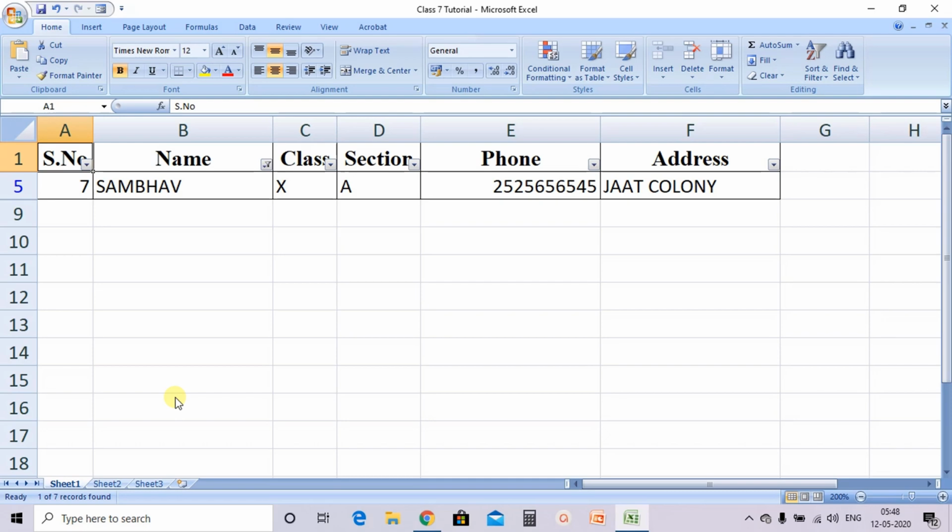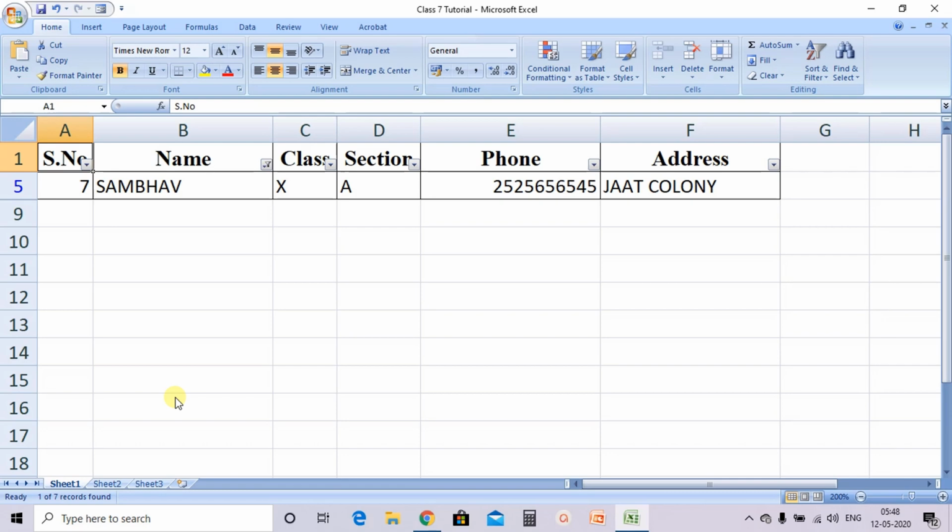So this is how it will look. It shows only the particular information I want to see, and hides the rest. It means the rest of the records have not been deleted, they have been hidden.